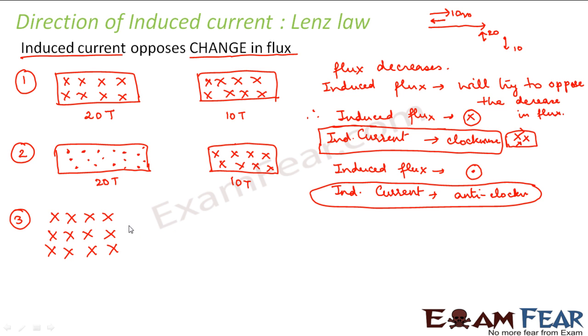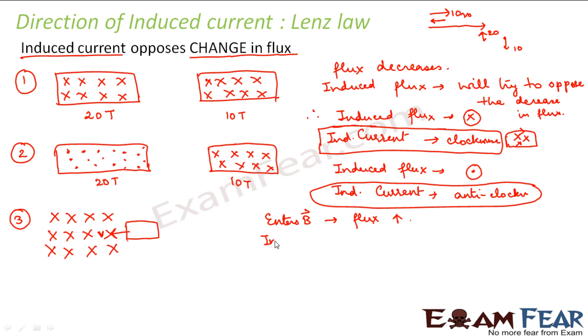And let us suppose that you have a rectangular loop which is moving with some velocity into this region. Let us suppose it is entering this region. So what will happen? As it enters this region, it is coming into a region of magnetic field. That means the flux increases. Flux is increasing, right? So because of this increase in flux, induced current will be there.